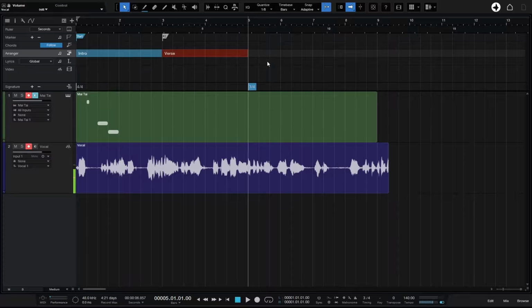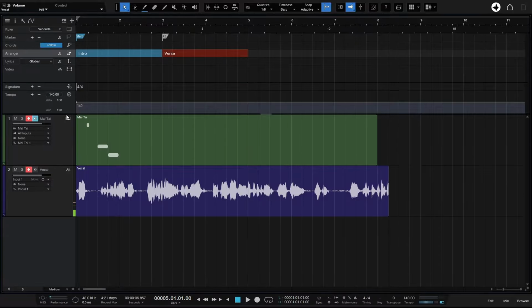Okay, so now our song is going to switch to 3/4 time at this point. If we'd like to remove that, we would need to position our playback cursor here at bar 5, and I'll click on the minus. We can see that that's been removed. Now, finally, we have our tempo track. So with our playback cursor set to bar 6 by clicking in the ruler, I'm going to click on the plus to